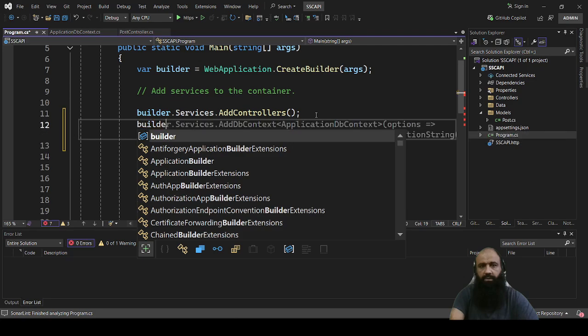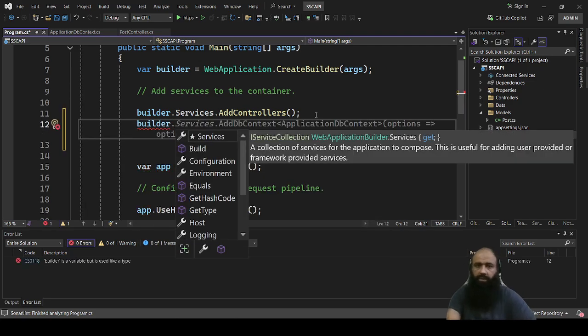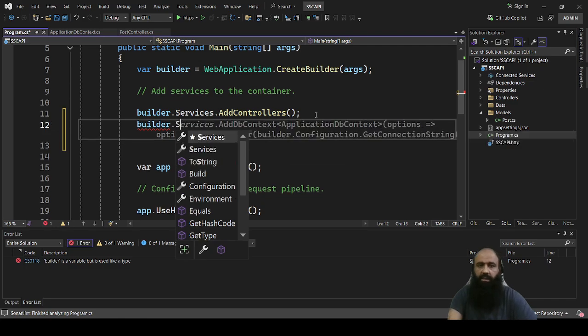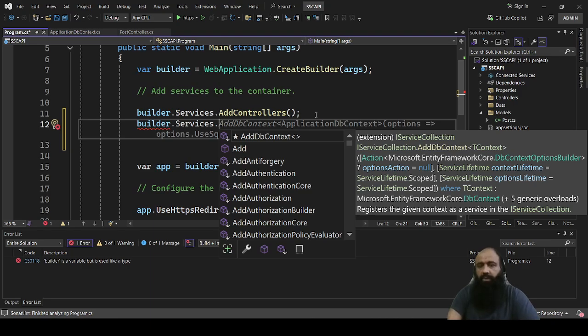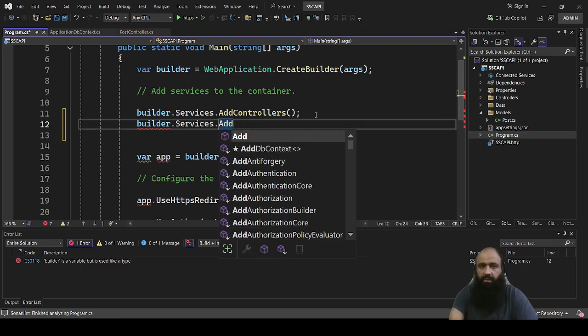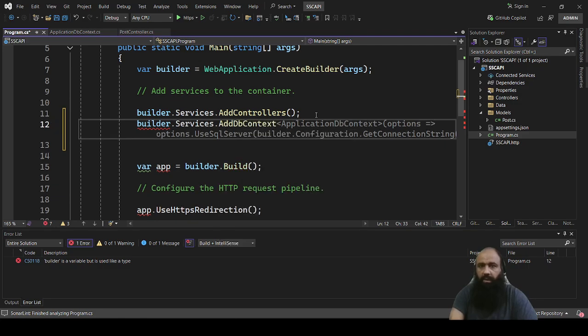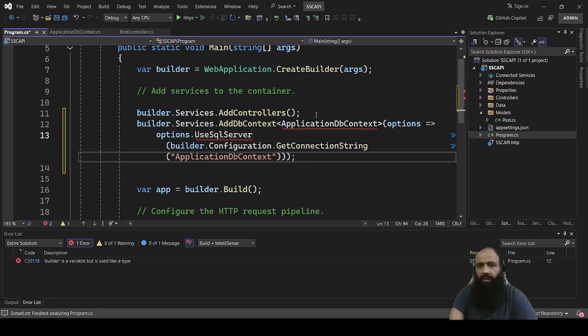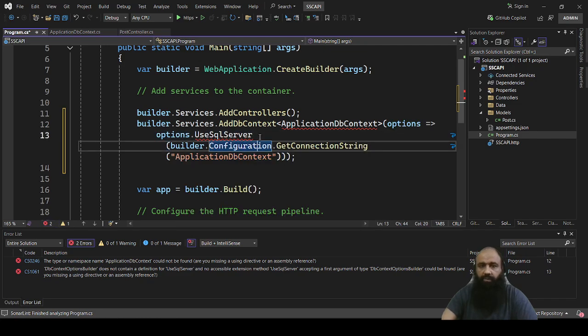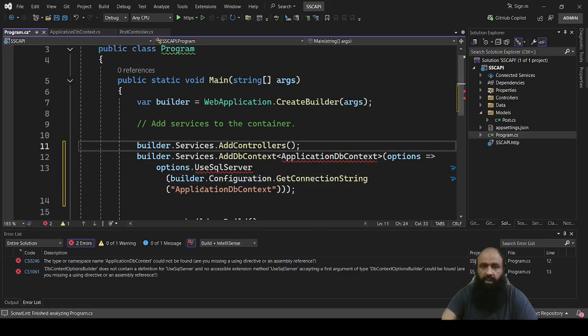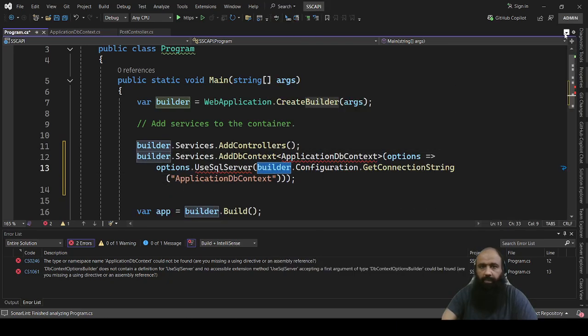So let me just, with this, you can see over here, even the IntelliSense is telling us the services. We need to add DB context with the DB context class that we have created over there. So we need to use that. So let's just add the DB context and then mention the file. And for the options, you can see we have an option to use SQL Server. So we have used the SQL Server, and within the builder,